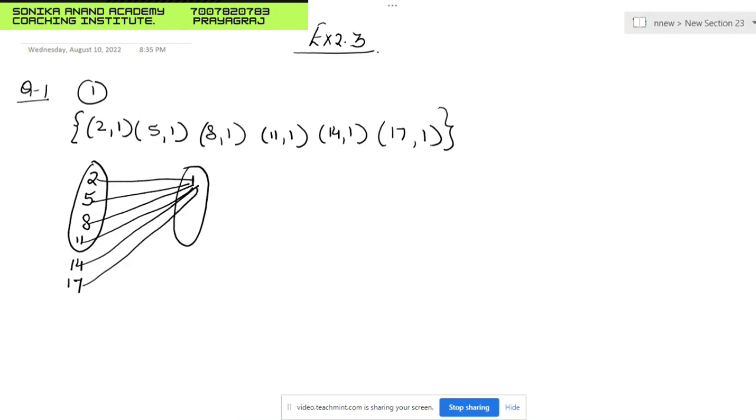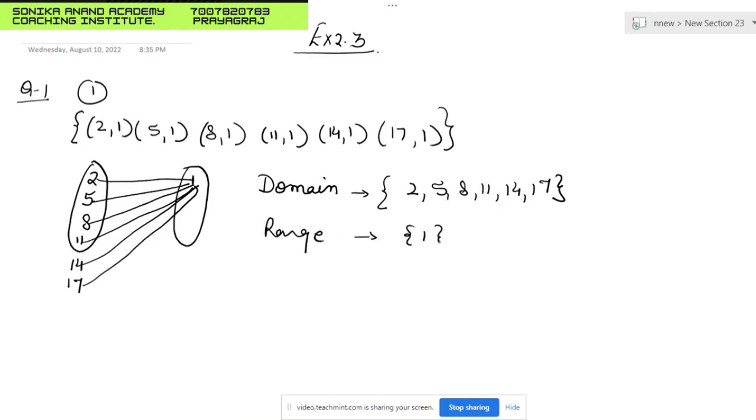So now in this case, what is the domain? Can you tell me? 2, 5, 8, 11, 14, 17. Okay, now the concepts are clear to you. And what is the range? 1. Now here we see that for every domain,